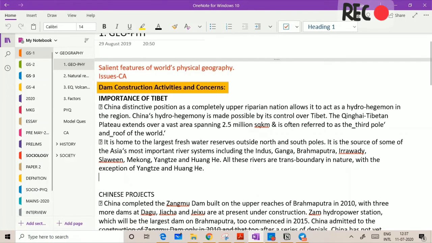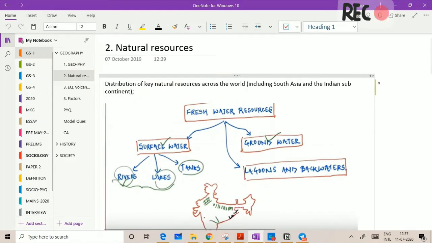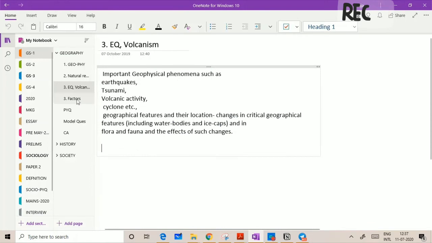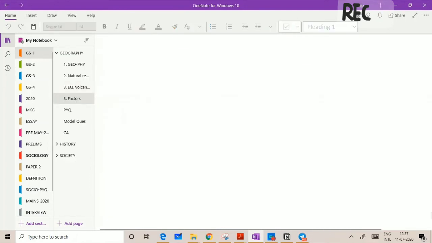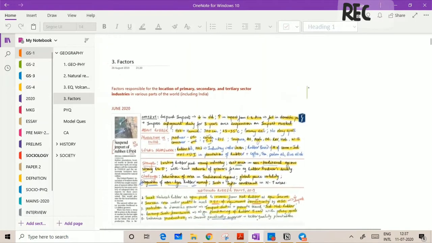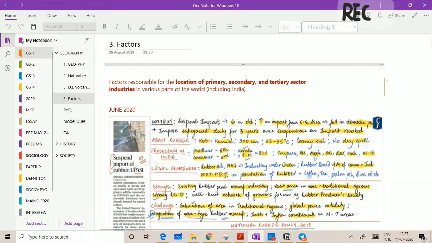Lack of integration of the Himalayan region, so I have made a few points. Then in physical features, I have a topic, dam construction, and here in natural resources, sources and other things. For earthquake and volcanism, I have a hard copy note, so I didn't make it here. And in factors of production, I've added plenty of content, if you can see.